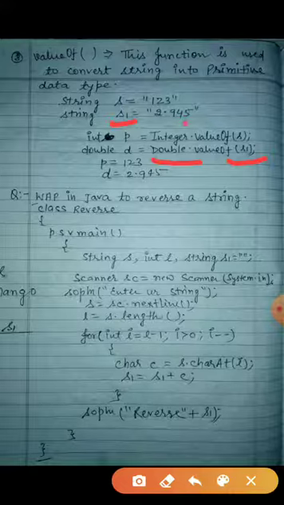Now you can see what is in p: 123, because 123 is not a string, as it is not in double quotes. The second one is d equals 2.945. It is also a double, because it is not in double quotes. So you can see we can convert a string into the respective wrapper classes. That means Integer or Double, or you can also convert into a float or a boolean. So many strings you can convert into primitive data types.